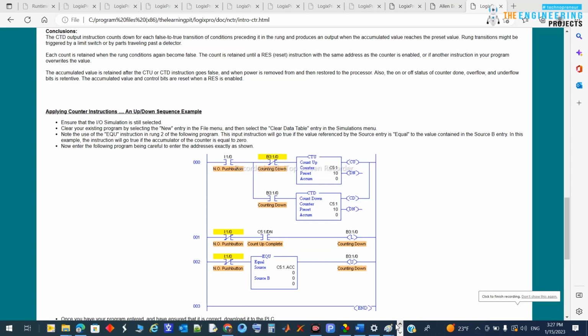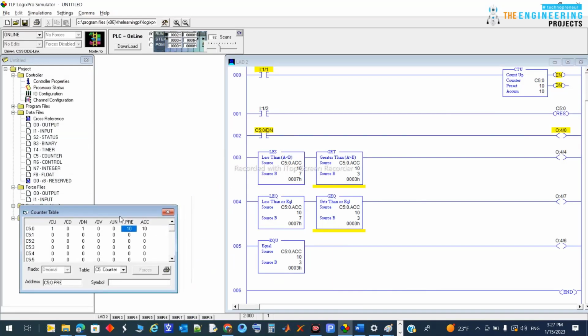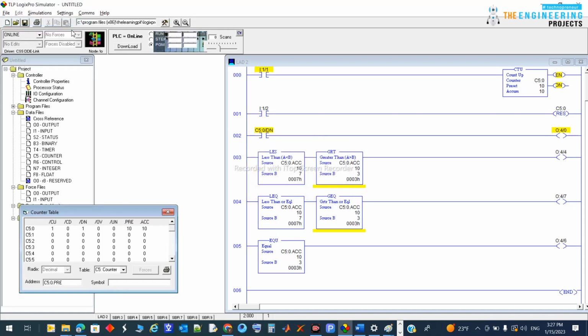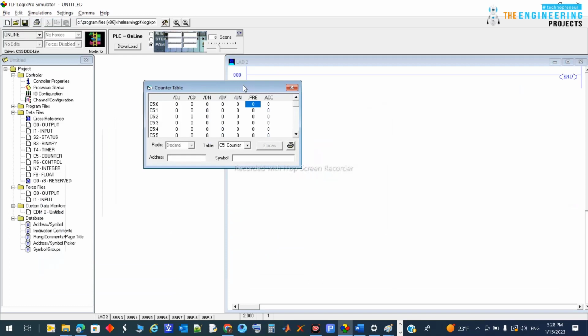Hello guys, again let's go with a new series for our tutorial on nailing the counter. And as I told you last time, the counter is one of the most important things in ladder logic programming, as is the timer itself. And last time we talked about the counter, and we have count up and count down types of counters,